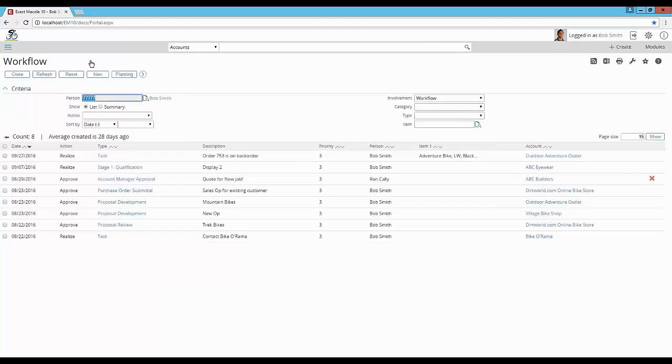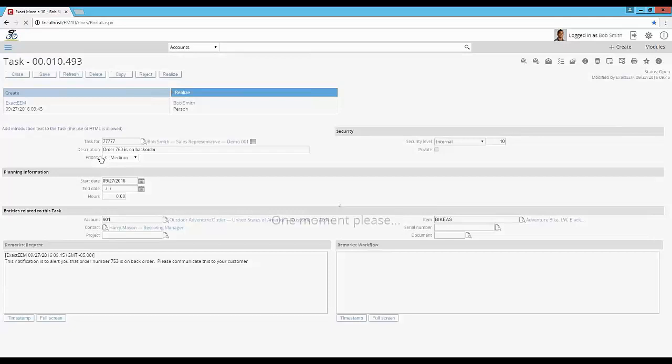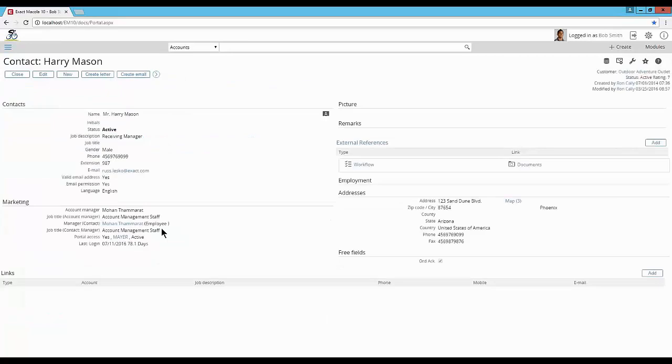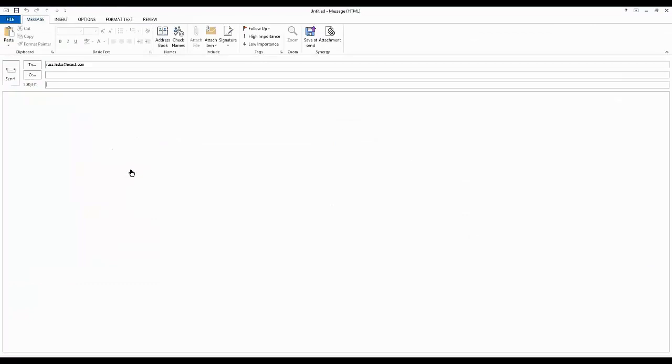Now let's say that order 753 is on back order, and we don't want Bob to have to be checking on that constantly. So we can have the automation system pulling orders and saying, hey, this is on back order. And in this case, we just automatically created a simple task to let Bob know that it's on back order. So he's going to drill down in here, pull up the email for Harry Mason, the contact on the order there, automatically open the email client, and now he can just shoot off an email to the contact on the